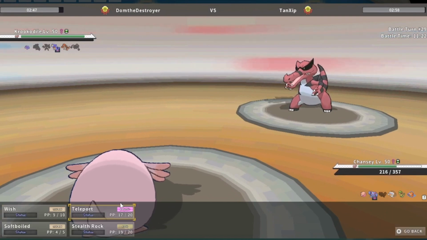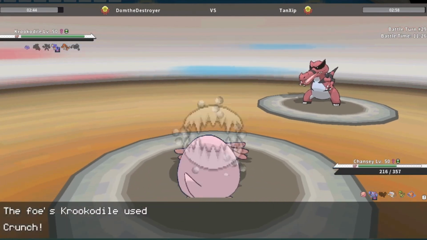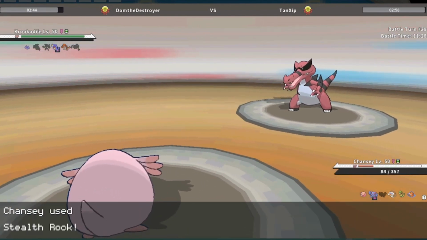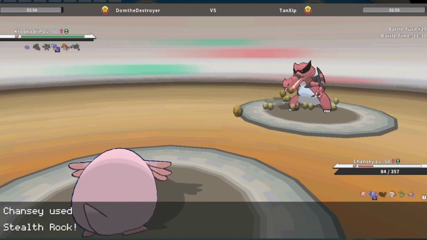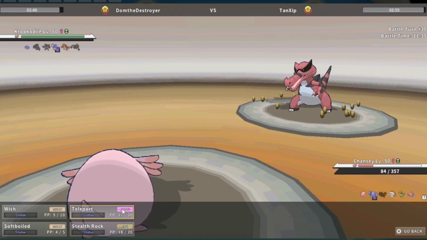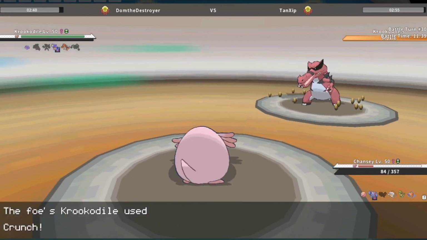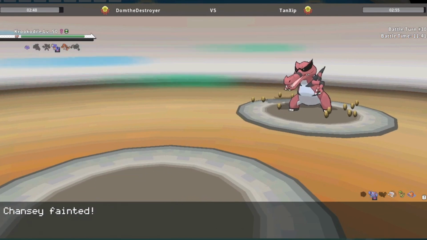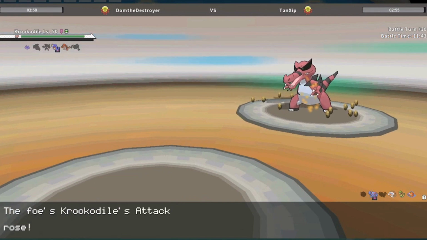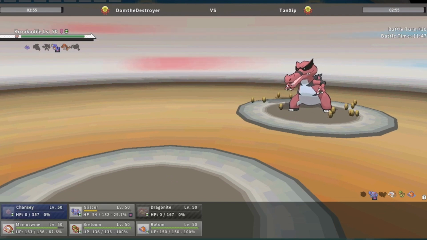Barely. And so I think we're going to use this opportunity to get up rocks. Might as well. And it's okay if Chansey dies. Don't really need her for anything at this point. So we'll try teleporting away. Oh yeah, Krook has Moxie too, so I should have watched out for that. Should have been more careful about that probably. But